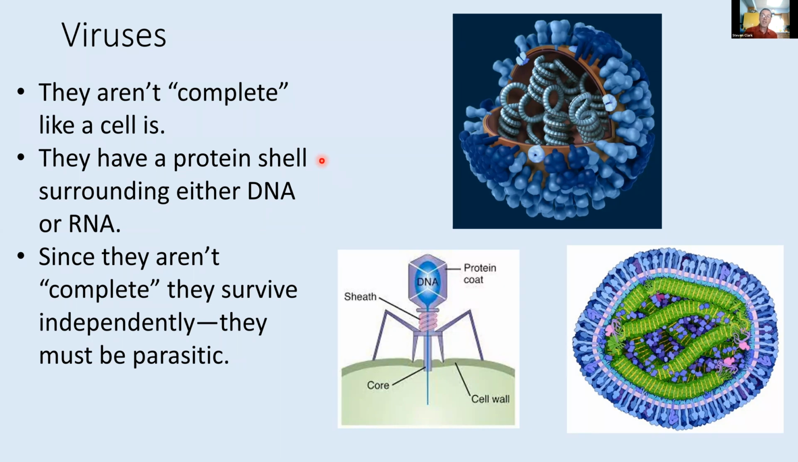They'll have a protein shell, and inside they'll have this reproductive molecule, either RNA or DNA. Since they aren't complete, they aren't fully alive, they can't live on their own. They are obligated to parasitize something. If they're going to reproduce, they have to take someone else's cell and say, would you make copies